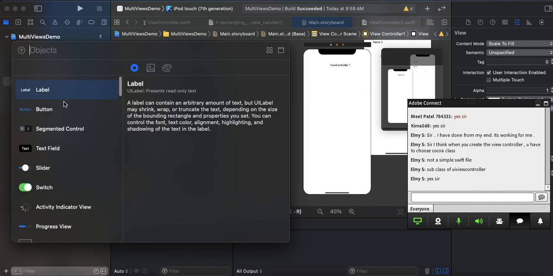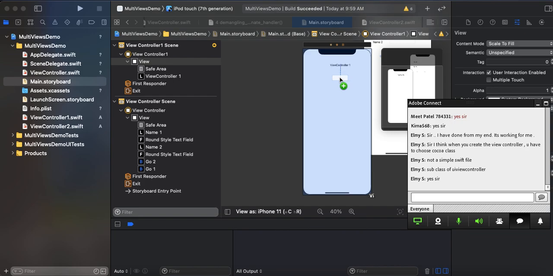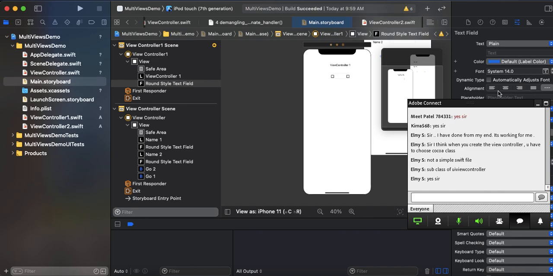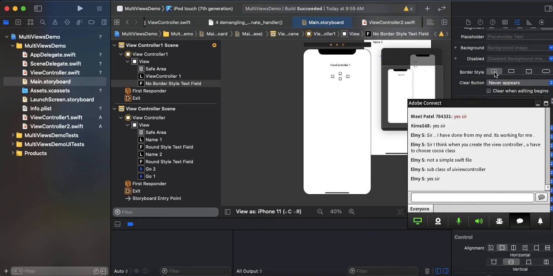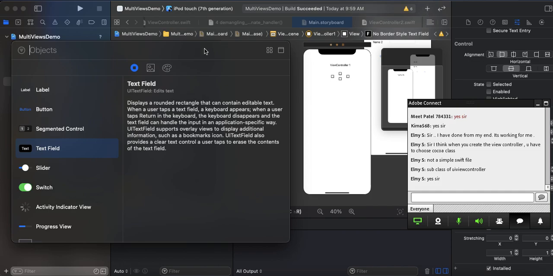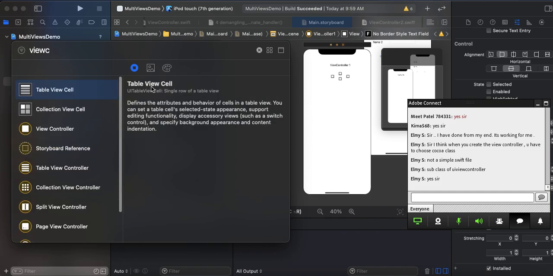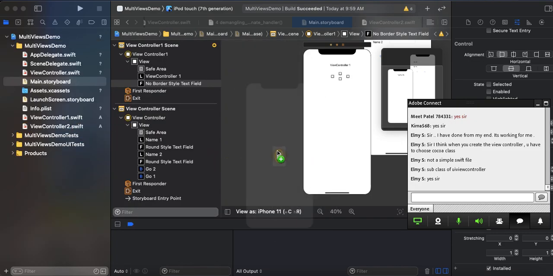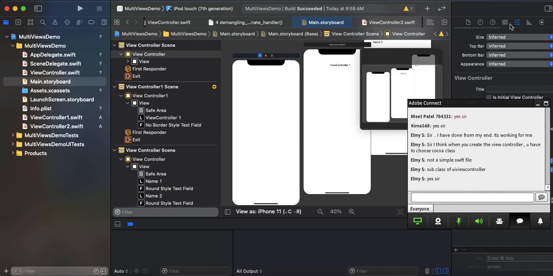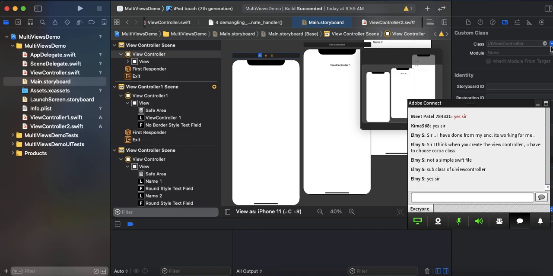And let me put a text field to show what I want to show, which is the name, without border and not enabled. Another view controller, so go to the object library, view controller. This one I have to choose its class, which is view controller 2,